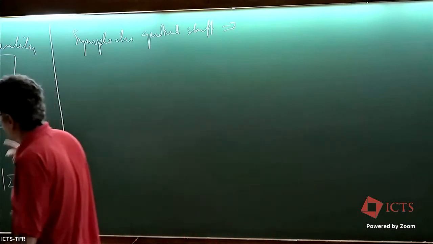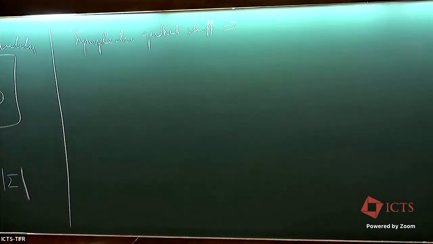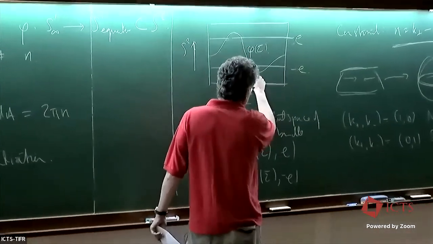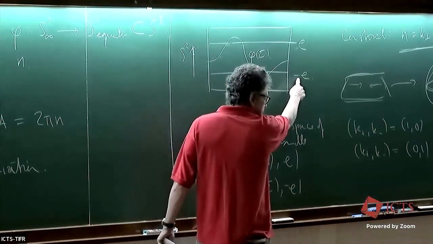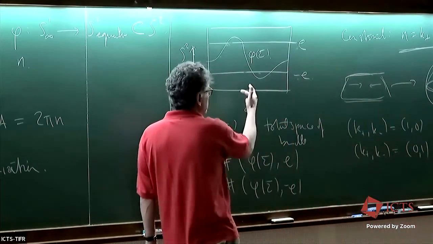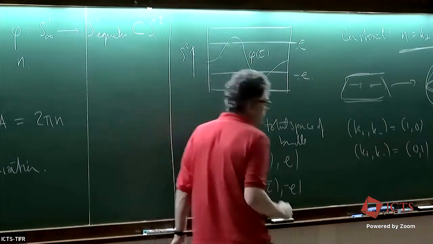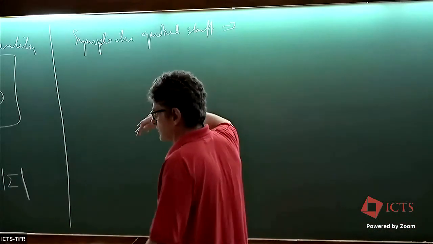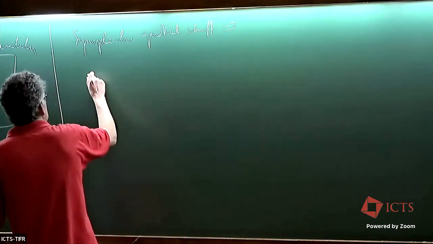But now it's a pair of divisors. It's the divisor corresponding to the intersection points with E. In other words, it's the divisor consisting of the points on sigma which get mapped to E. And also the divisor consisting of the points which get mapped to minus E. Okay? And of course, those two divisors have to be disjoint, right? It's not possible for a point to get mapped to both E and minus E. Okay? So, I mean, I have to say it's not immediately obvious from the symplectic quotient construction. You have to do quite a lot of work to end up at that picture, but nonetheless, it's true that